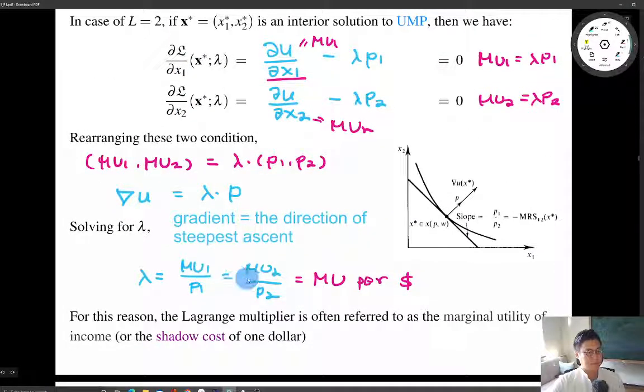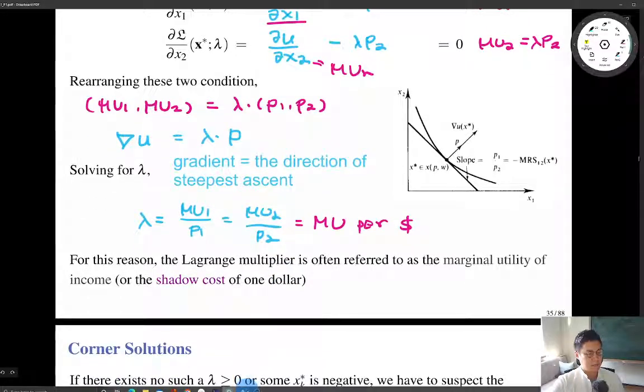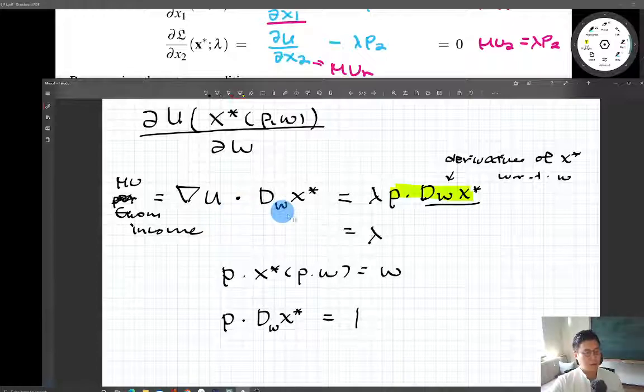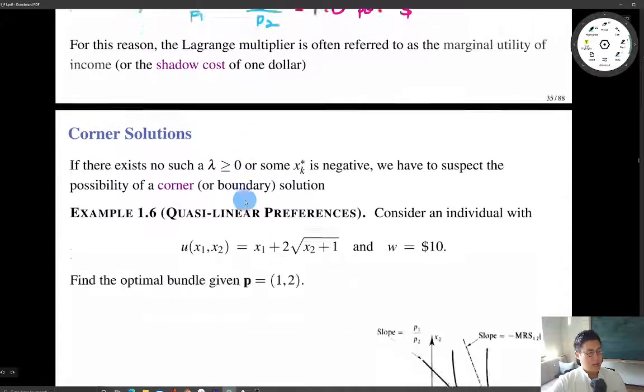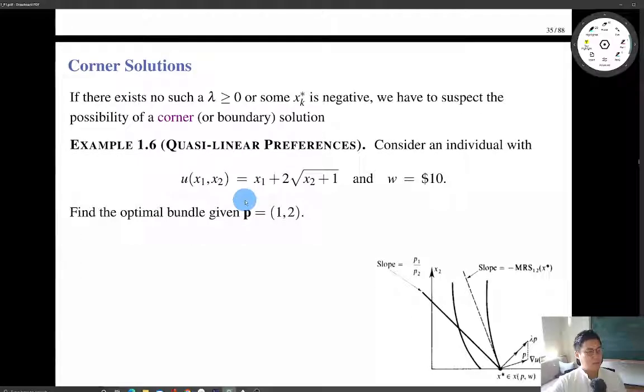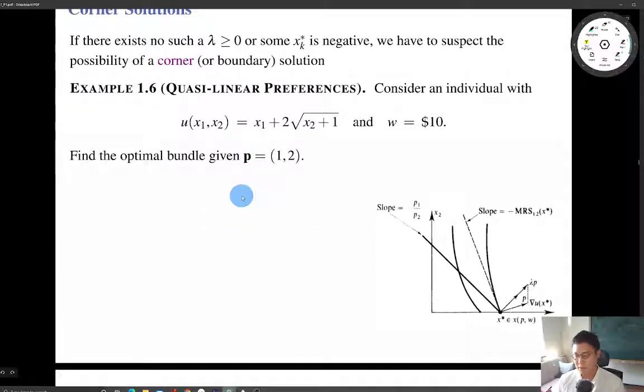So in case of two goods, we can give an interpretation to lambda this way, but in case of many goods, using vector calculus, we can draw the same conclusion. And then in some cases, remember, the Lagrange multiplier gives us a necessary condition for an interior solution. But after adopting that Lagrange multiplier, we may end up with a non-existence of lambda. For example,